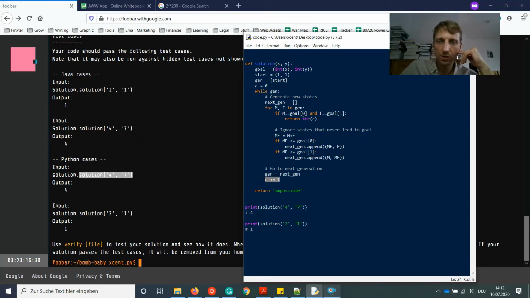And how do we generate the new states? So we go over all mf values in our generation, so we iterate over all tuples, and if m is goal and f is goal, then, so we can also use tuple comparison, which is probably more effective. So we can do mf equals goal. Yeah, it's more readable, I think. So we go over all tuples mf, and if this tuple is equal to goal, then